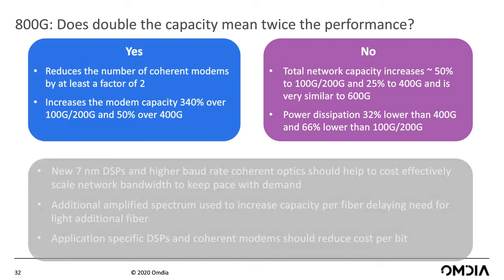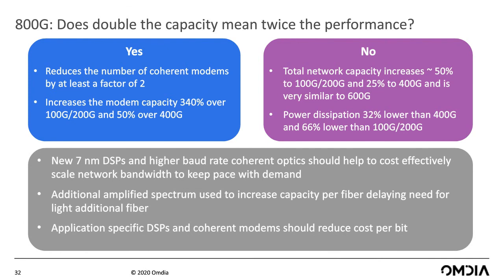The new 7-nanometer DSPs and higher baud rate coherent optics should help cost-effectively scale network bandwidth to keep pace with demand. It's an important new technology. I think all the panelists agree on that. It's good to see that new amplified spectrum can be used to increase capacity, reducing or delaying the need to light new fiber. This is an important parameter. And one of the other things, the industry is really starting to move to application-specific DSPs and coherent modems with the goal of focusing on an application and making it the most cost-effective